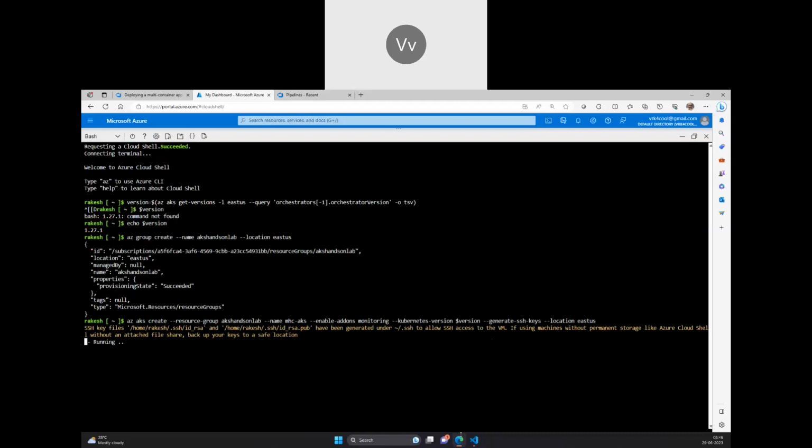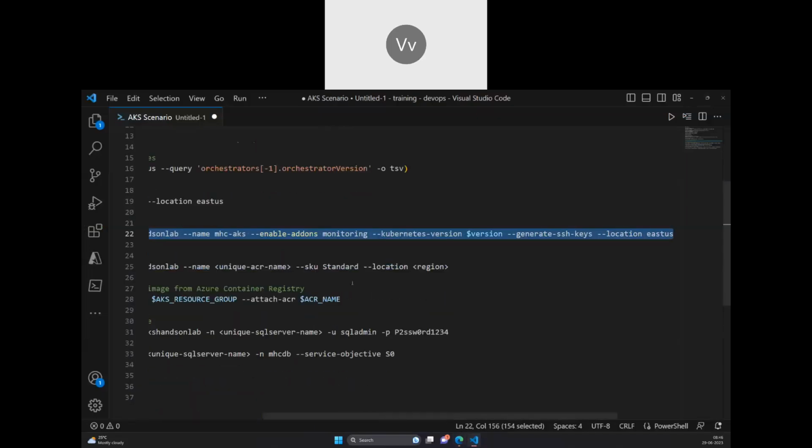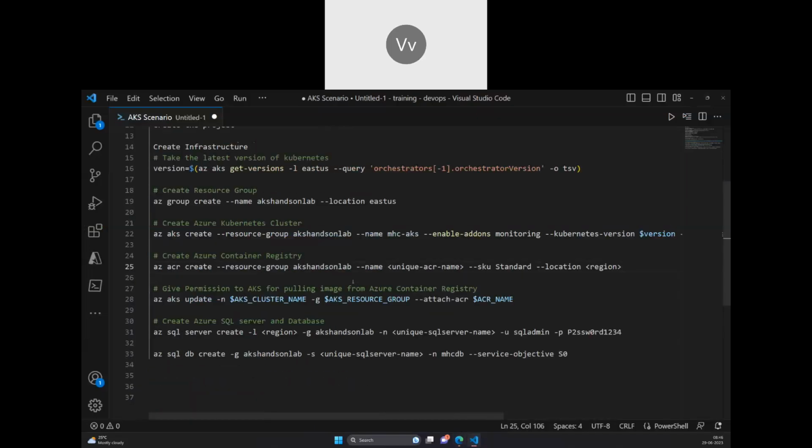We're going and creating an AKS cluster, which is going to take a couple of minutes. Once that is done, we're going to create an ACR, your container registry, and then we give some permission to the AKS to go and pull images. So here, I'm going to give the name, AKS. The name is nothing but this one. The AKS resource group is AKS hands-on lab,